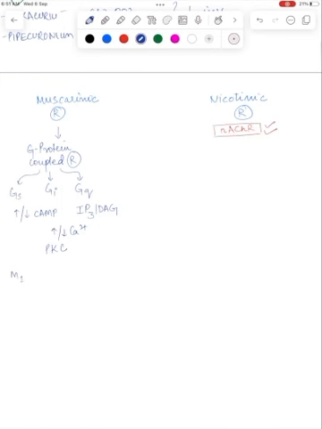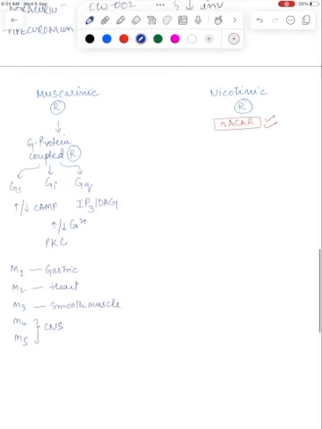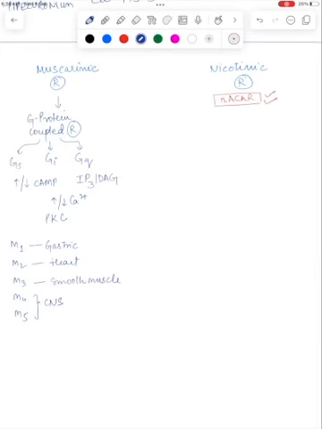So we have M1, M2, M3, M4, M5 receptors. M1 receptors are principally present in the gastric epithelium. M2 receptors are present in the heart. M3 receptors are present in the smooth muscle, such as bronchial smooth muscle, vascular smooth muscle, gut smooth muscle, bladder smooth muscle, etc. M4, M5 are usually present in the central nervous system. But this is not a hard and fast rule. For example,